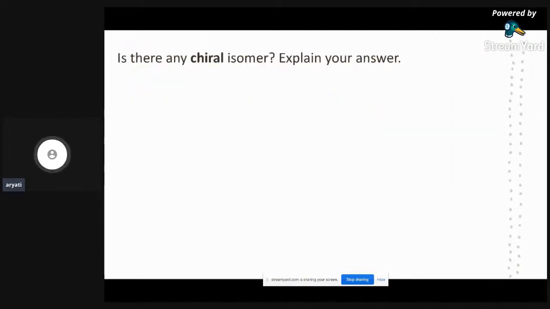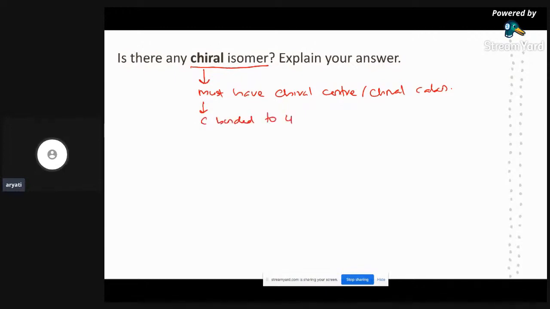Okay, next question. Is there any chiral isomer? Explain your answer. So, kita nak chiral isomer, kita mesti tahu kalau chiral isomer, dia must have chiral center ataupun chiral carbon. So kita mesti cari dulu chiral center ataupun chiral carbon. So what is chiral center ataupun chiral carbon? Carbon atom bonded to 4 atom ataupun 4 different atom